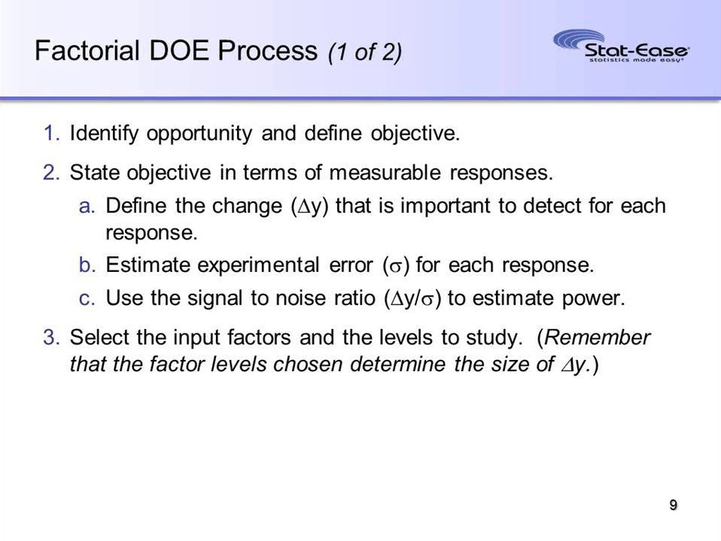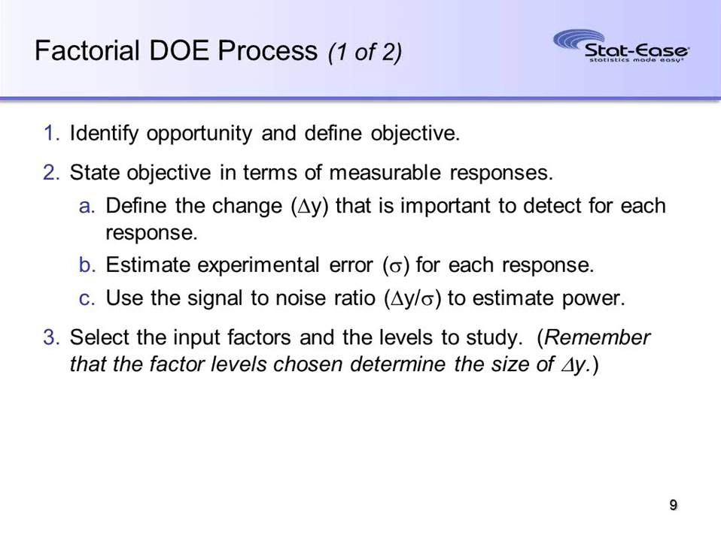Number 2 expands on that. So state the objective in terms of your responses. And that's broken down further. Okay, so the first part is figure out what change in your response is important for you to find with this design experiment. So let's take yield, for example. If I'm currently operating at maybe an 80% yield, obviously the objective of any study that's studying yield is to maximize yield. But